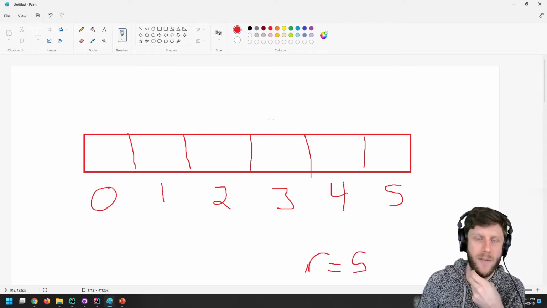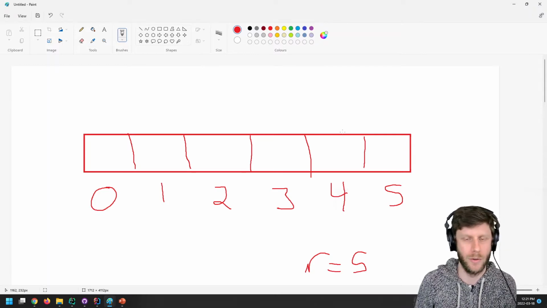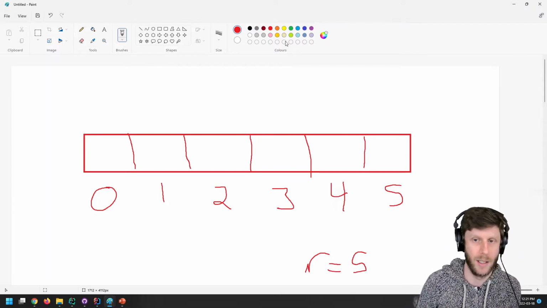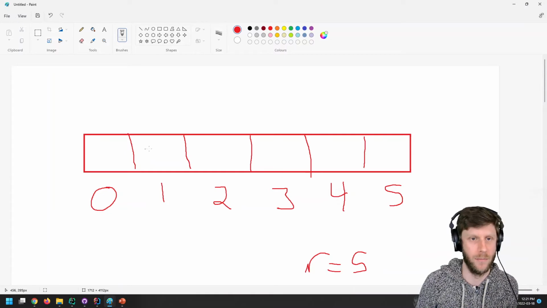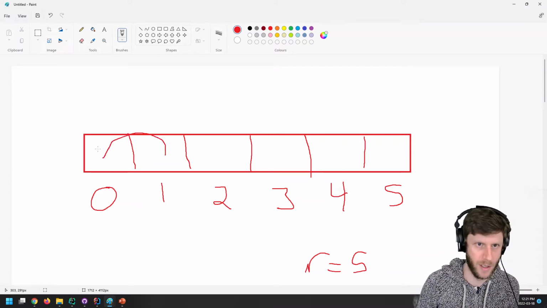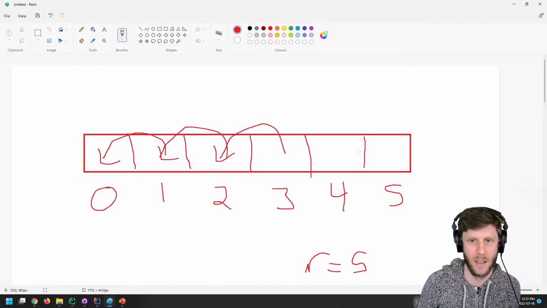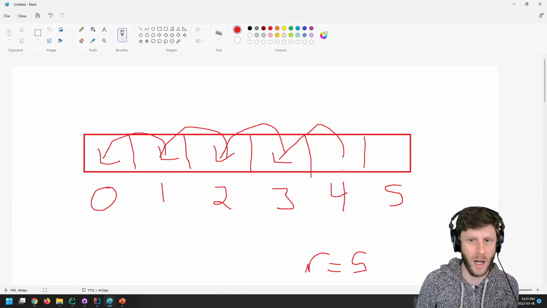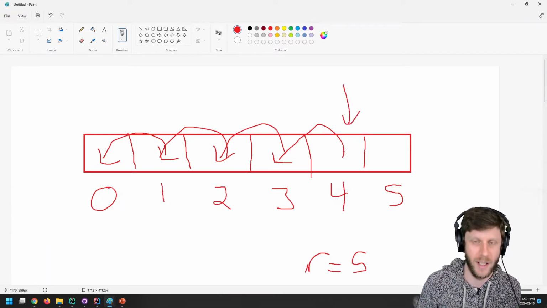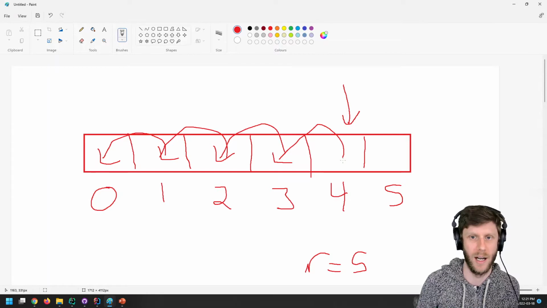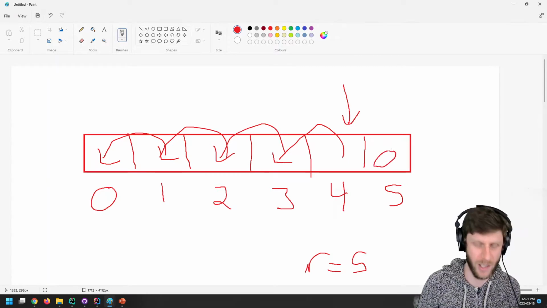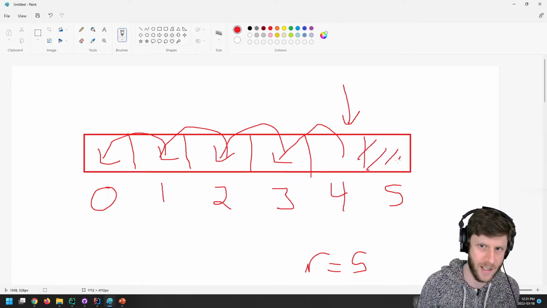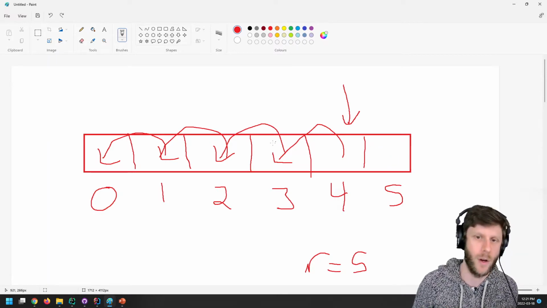All right. If I go from 0 to 4, let's see what happens. Well, I will take the thing from I plus 1, and move it to 0. Take the thing from I plus 2, okay. There we go. This is where we want to stop. But if we go to where I is 4, I say, okay, then go inside what's in 4 plus 1, which is 5. But 5 is actually empty right now because it's the rear, right? It's the next available open spot. So that's why we need to do the